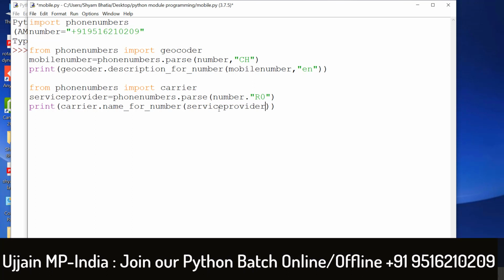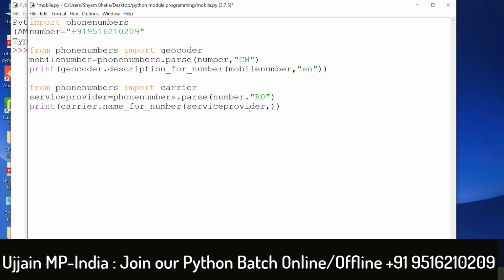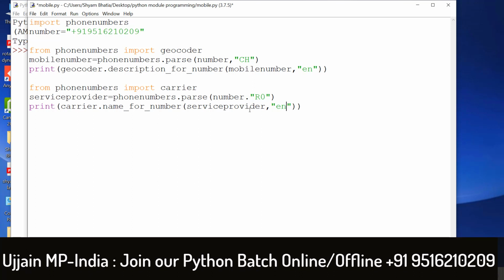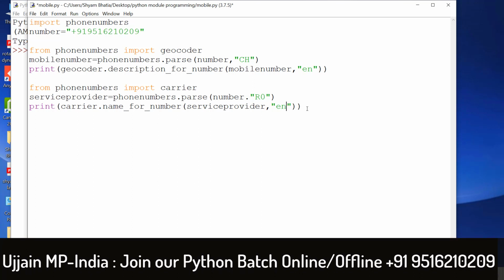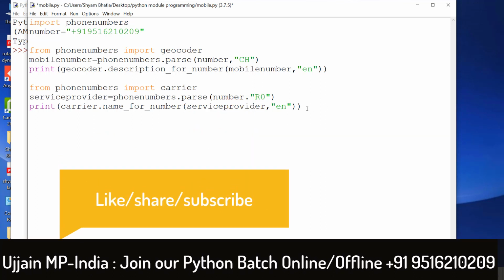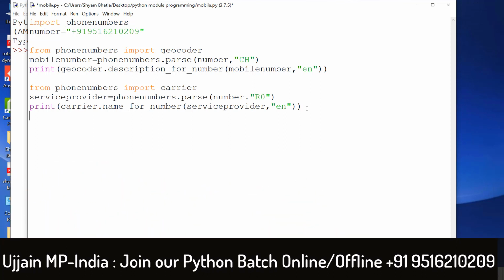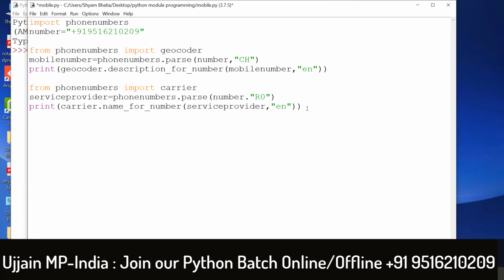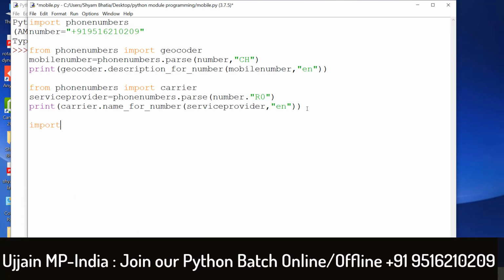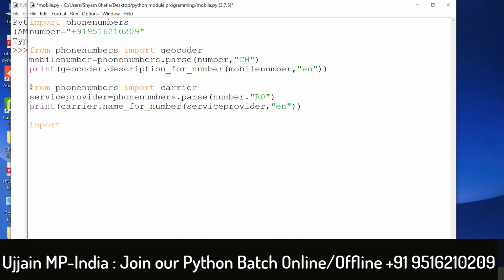You have to pass the service provider in which language, in English, pass here, in English. Okay, and after doing that, if you want more, import another thing, just copy the phone numbers, passing this thing.